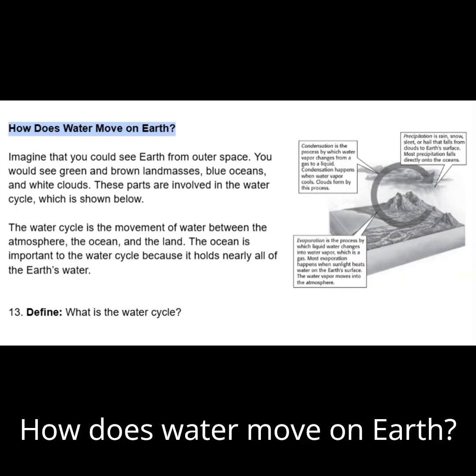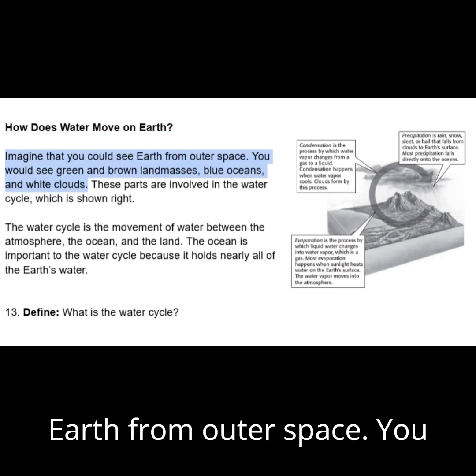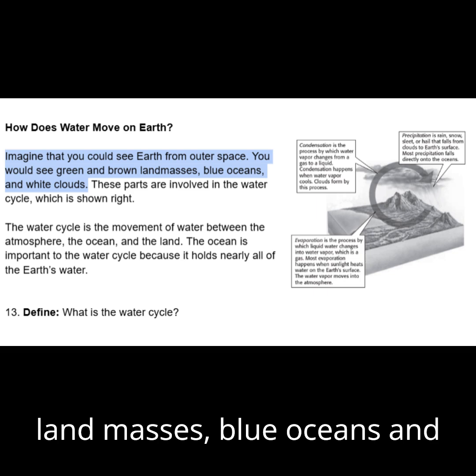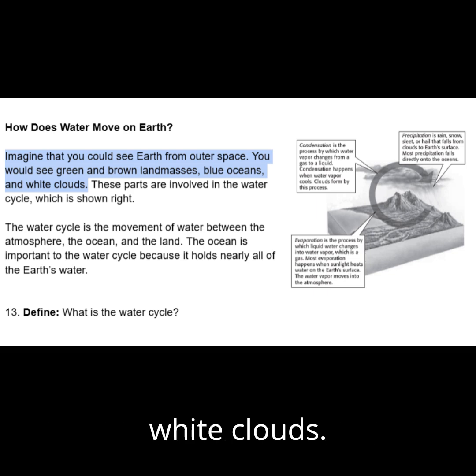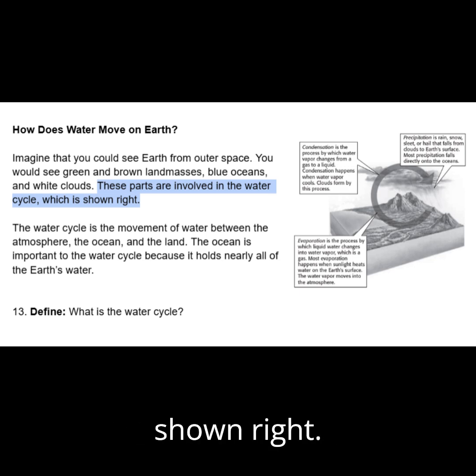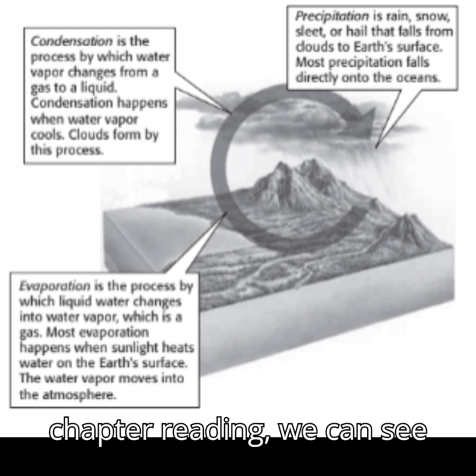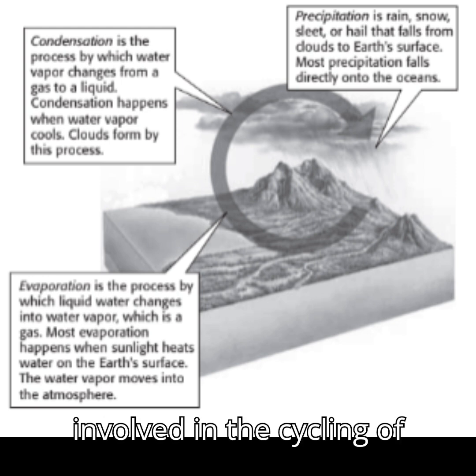How does water move on Earth? Imagine that you could see Earth from outer space. You would see green and brown land masses, blue oceans, and white clouds. These parts are involved in the water cycle, which is shown right. Looking at the diagram in the chapter reading, we can see three of the processes involved in the cycling of